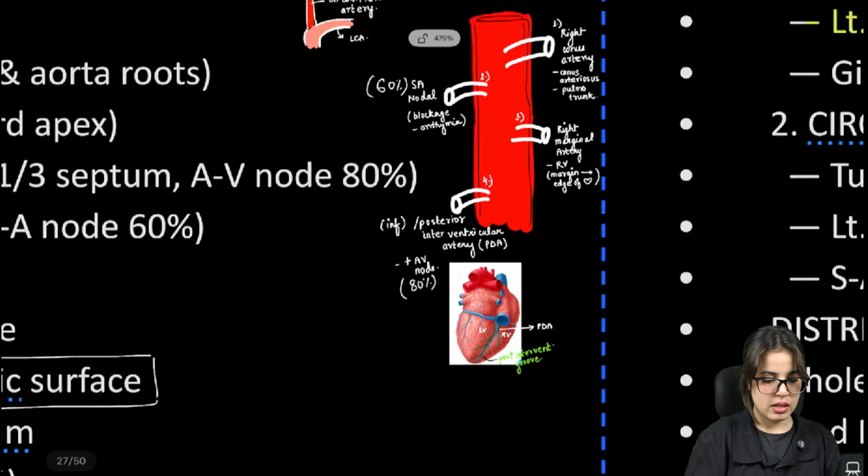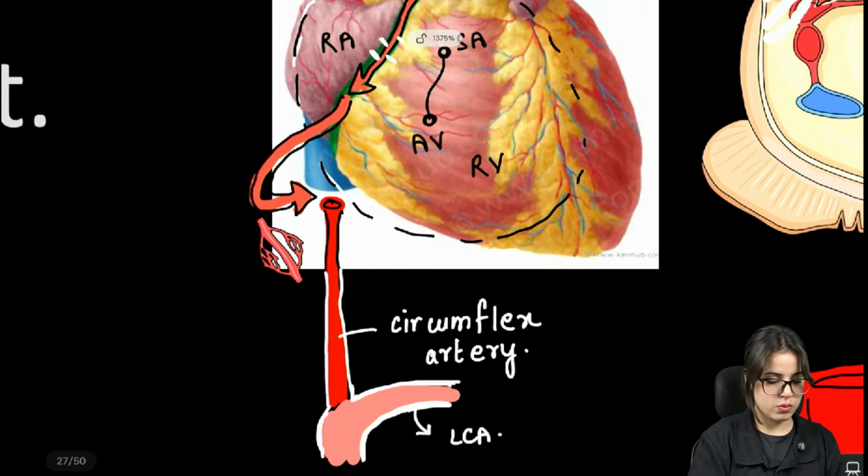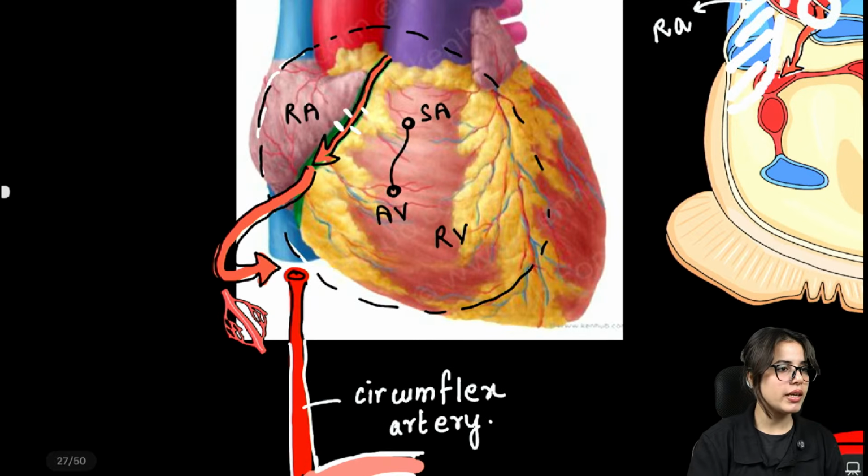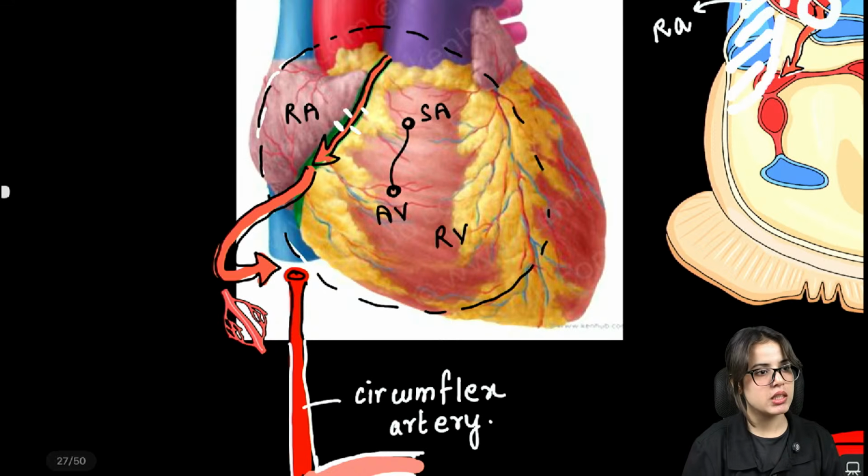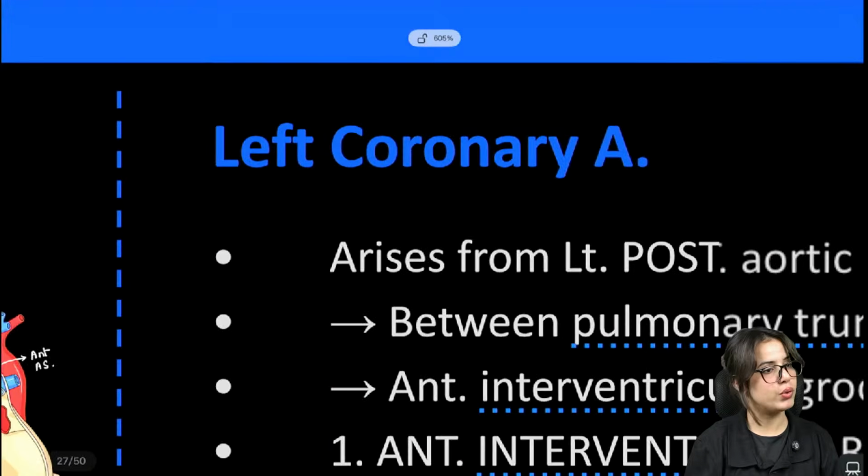Okay, now then it anastomoses. This symbol, when I say it, means anastomosis. Anastomosis means connection between two arteries. When two arteries connect to each other, that's anastomosis. So what two arteries are getting connected here? This coming from the coronary sinus goes posteriorly at the back of the heart and joins the circumflex artery. What is the circumflex artery? This is a branch of the left coronary artery. We'll see it here in the left coronary artery. Look,